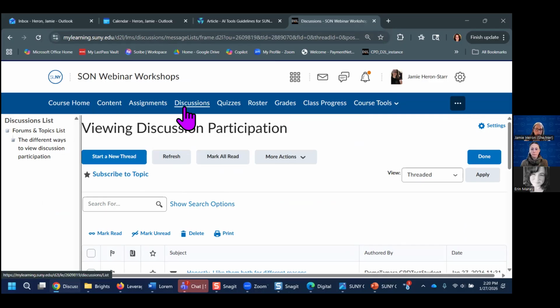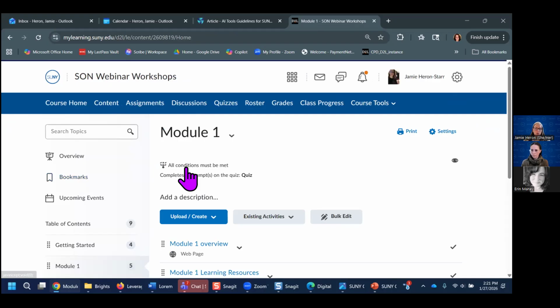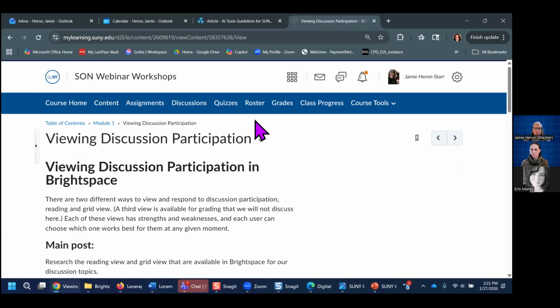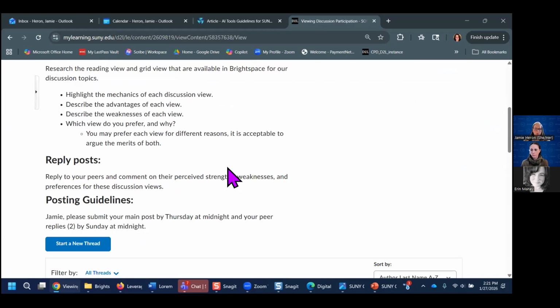And one of the benefits of selecting the reading view in this settings button up here is that regardless of which one of those you've selected, if you navigate to the discussion from the content area, it automatically puts you in reading mode. So I tend to set my default as grid view from the discussions. And then if I want to see it in reading view, I just come to my module one, click on that link here, and it brings me into the reading view of this particular